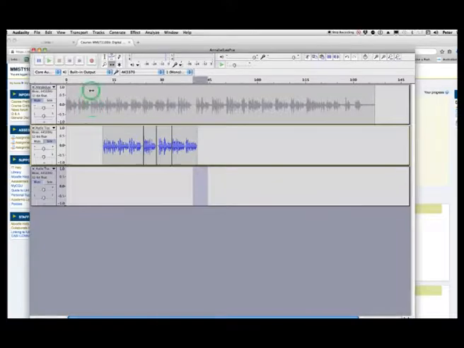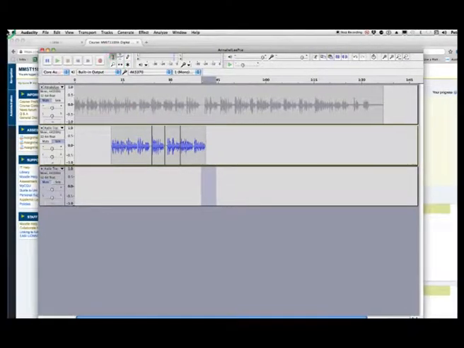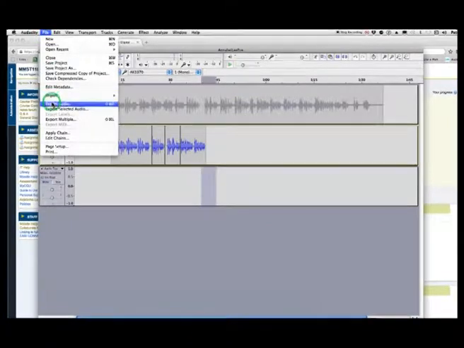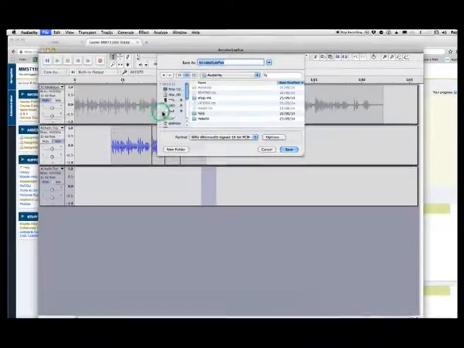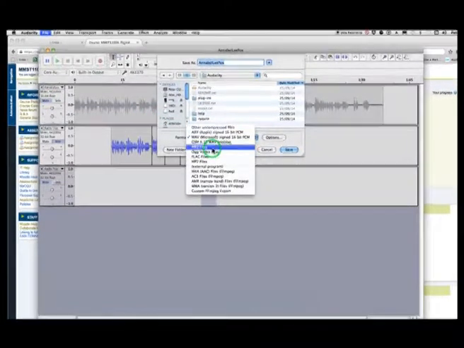If you export the whole thing with all these things on, it's just going to be a jumble of sound. But once you've got this track here, you can go into your export area, export audio, and you will export it to 16-bit PCM as an MP3 file.